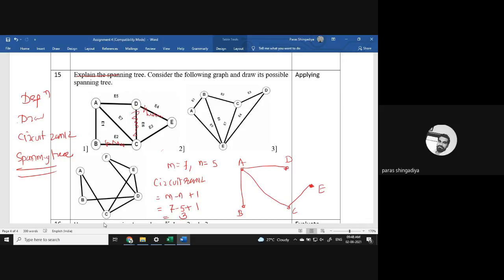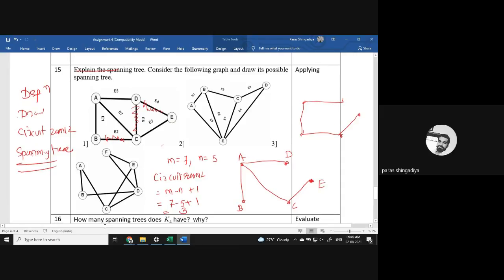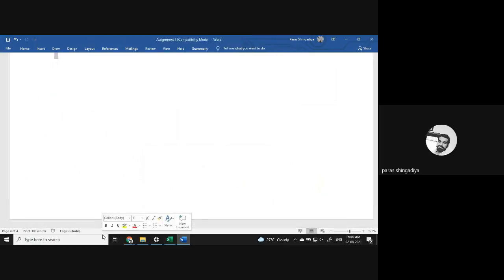You can also draw another graph in place of that. ठीक है, आप दूसरा आंसर भी बना सकते हो. एक ही आंसर नहीं बनेगा. A spanning tree is not always unique. You will get another answer, another graph. You just try it. Just consider the boundary only and remove all the inside edges, and one from the boundary. That is also one answer, one spanning tree of this graph. So you just draw at least 2 for any graph. Now do it for the second and third one, and then the remaining 2 questions.